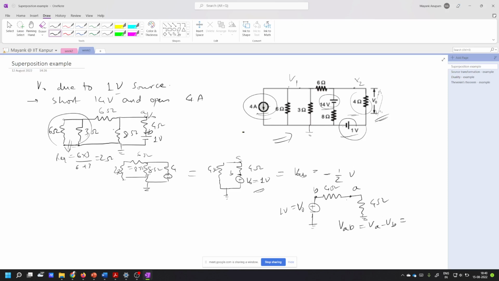So you were right that the voltage across it will be half volt. That is true, but I am asking about VA minus VB. Basically, if I say that the voltage here will be higher than the voltage here, are you satisfied with this statement? Yes, sir. Is this statement true, that VB, this voltage, is higher than this voltage? Yes, sir. Right. You were also right when you said that the voltage across this 4 ohm resistance is 1 by 2 volt. That is true. But I'm asking about VA minus VB, this minus this. And you just agreed that VB is greater than VA. So definitely that voltage that I'm asking about, VA minus VB, should